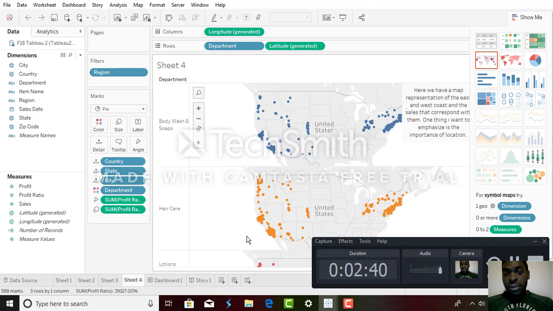Lastly is sheet four. I wanted to do the exact same thing, except I wanted to look at it on the map. I wanted to see how spread out and how dispersed the sales were. When you look at the east, sales aren't too dispersed, but it's also because of the small space in which it's contained and also the land. You look at the western region, a lot of the sales are very dispersed, cities are very dispersed, but it's also because there's a lot more land up there.